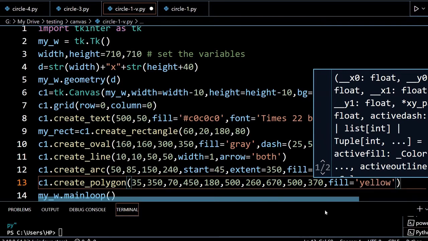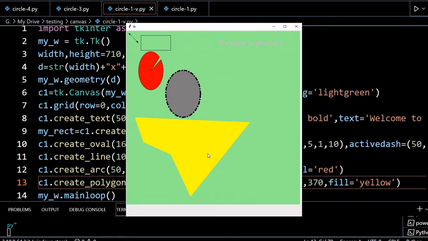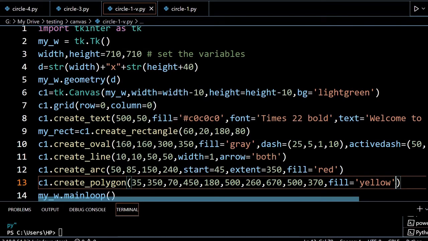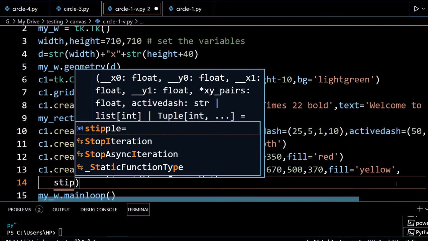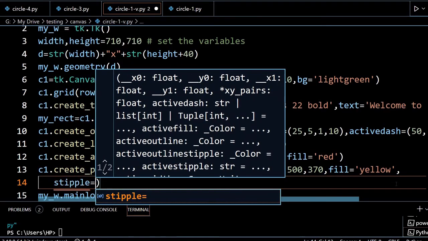Now one more thing we'll understand. The color is yellow. Let's see how it looks. Yeah, here it is, our polygon is there. Now in the BMP, these pixels you watch, we'll change that now. Here is another option which is called stipple. I will come to the next line and say stipple.